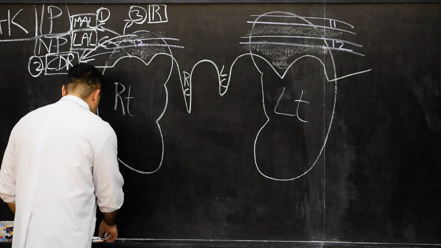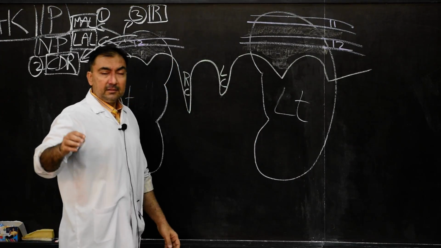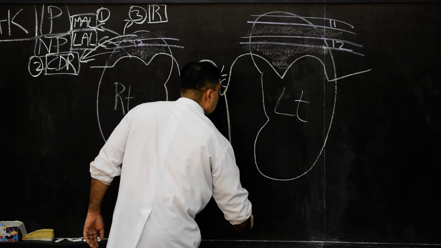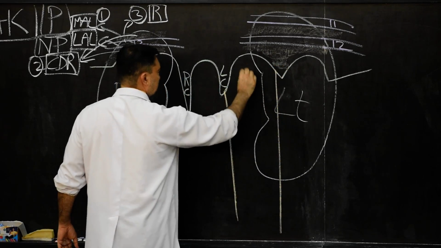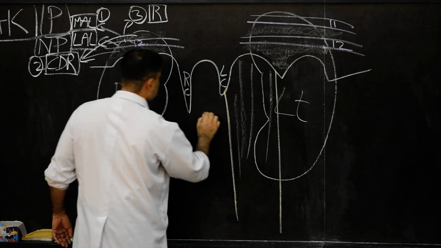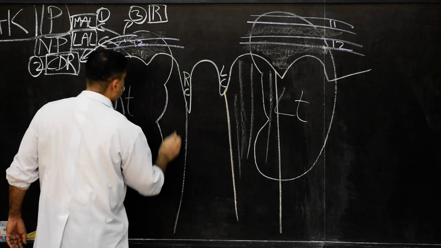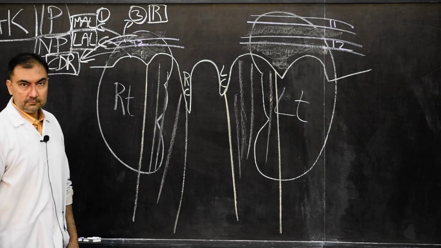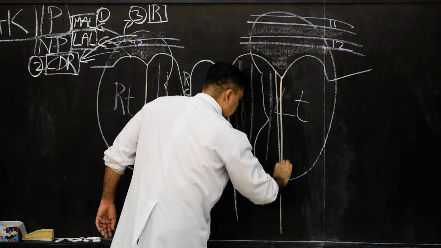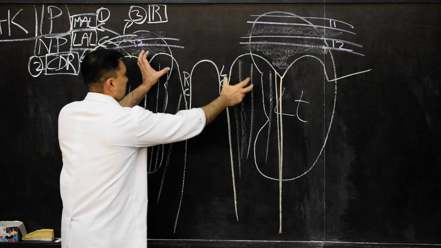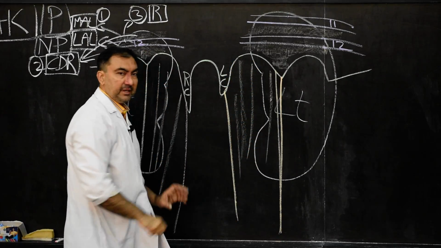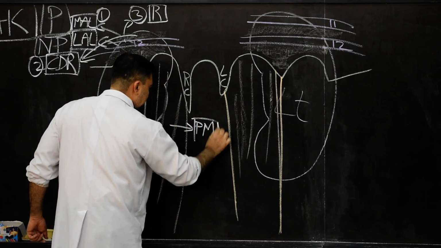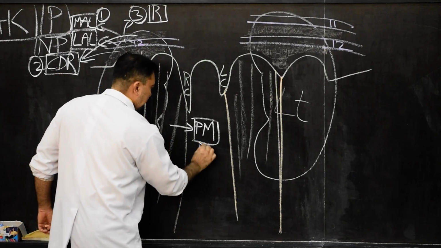So behind the medial arcuate ligaments, we show musculature, and the muscles which we show here are the psoas major. So these are the psoas major muscles of both the sides. This is the psoas major, and this psoas major muscle is limited to behind and lower side of the medial arcuate ligament. So here we name this as psoas major muscle, and it is covered by a fascia which is called psoas fascia.